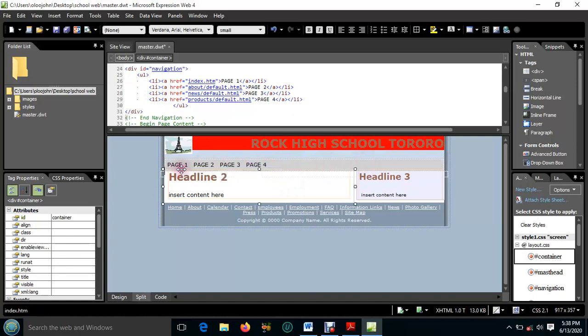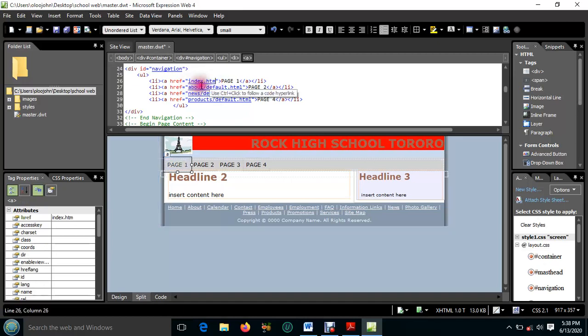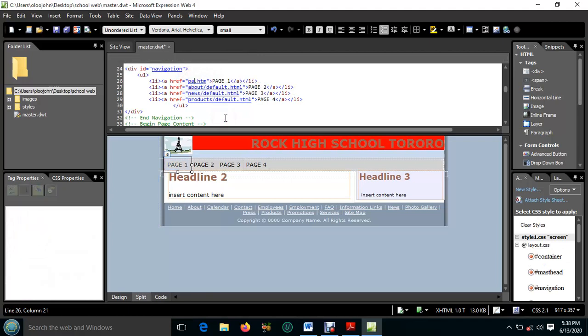Now these buttons, we call them the navigation buttons, the movement buttons. When you click on one, it should take you to a certain page, and here is where we give those pages the file names. The file name that you give here is the file name that you must give when you are saving your pages. So here, instead of calling it index.html, we are going to call it page1.html. Just remove the index and type page1